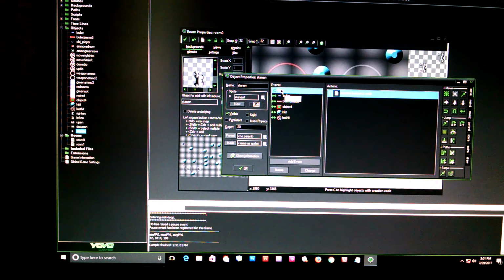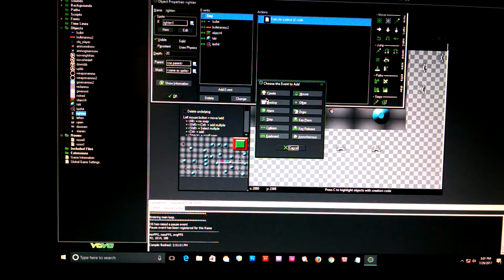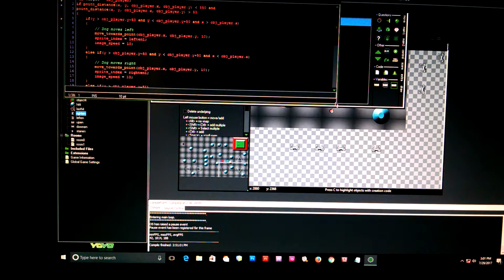Basically each object has a step event in there which has code. So you drag add event, drag a step in there, and then get a code sheet from the code tab, and the code's basically this, and I'll put this in the description on YouTube. It says var target equals object player, so it's going to go after the player object, and I'm sure if you had other objects, like